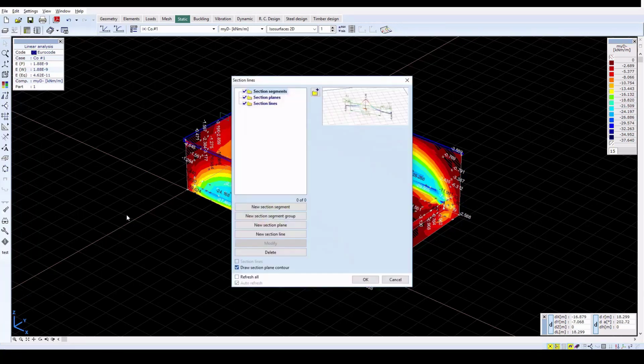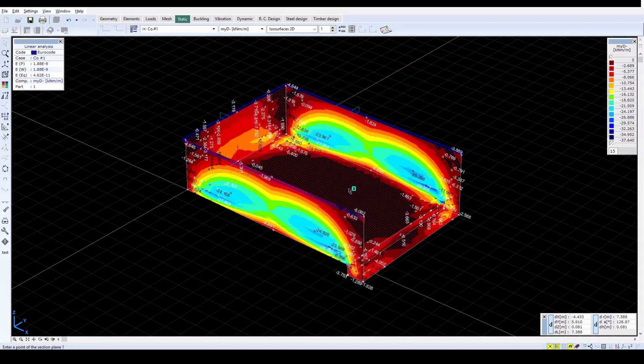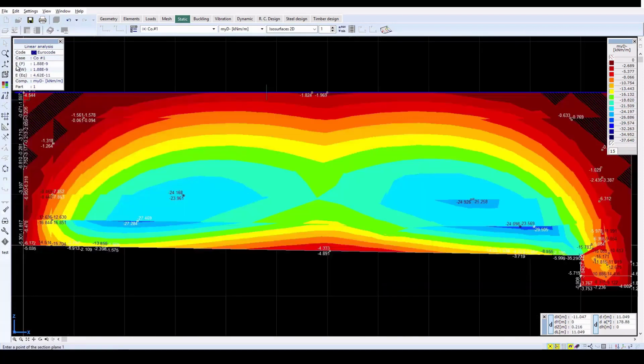In the window, click on the New Section Plane icon. Provide the name 1 for the section, and then change the view to the XZ plane. Specify a section plane in the middle of the reservoir.